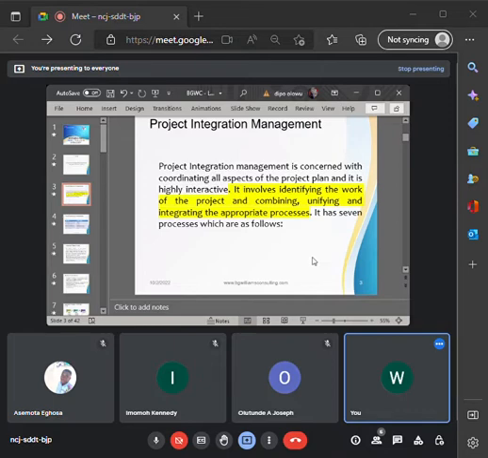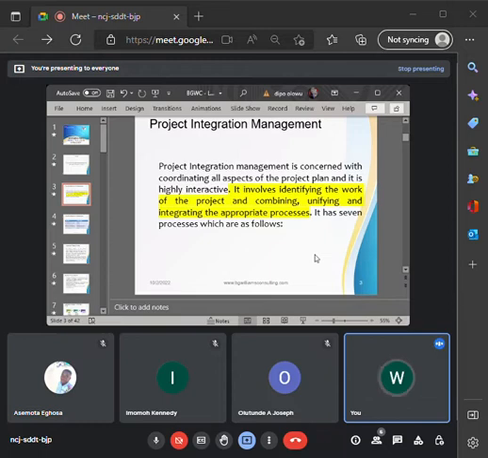Excuse me, sir, is it that I must use all the processes that we have talked about, the 49 project management processes, in every project? No, because it is your responsibility to identify that aspect that you need to unify, that you need to combine. So is it every aspect or every one of the project management processes I must use and combine?